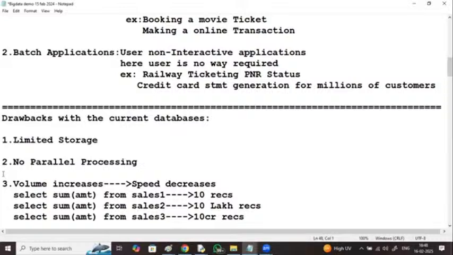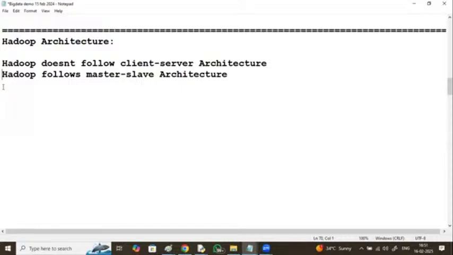This 2 TB file cannot fit into any of these slaves. It has to be split into smaller parts. Each part has to be stored across multiple systems.